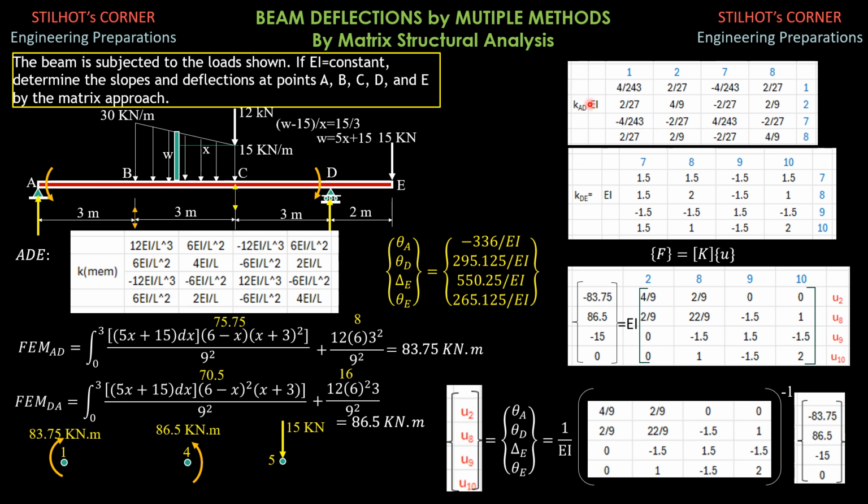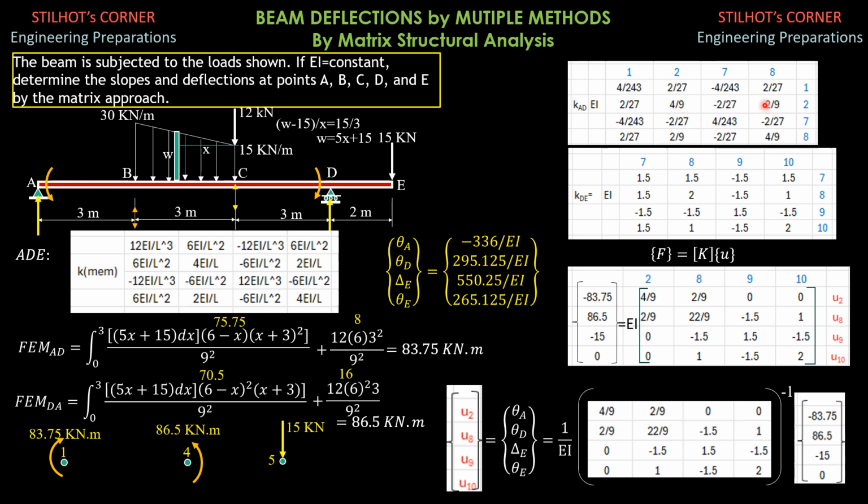EI is factored out because it is constant. Then 12 divided by 9 cubed is 4 over 243. 6 over 9 square is 2 over 27. The negative of the first cell, copy the second cell. Then 6 EI over L squared, so it's the same. 4 times 1 over 9, so 4 over 9, the negative of that cell, and this is half of that